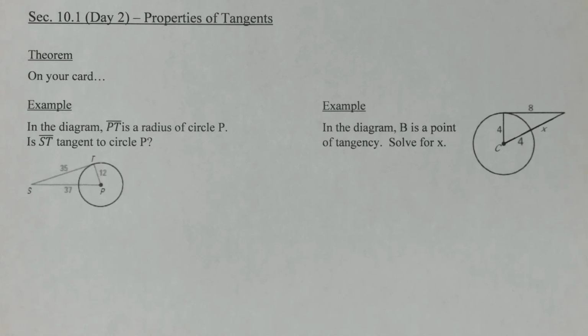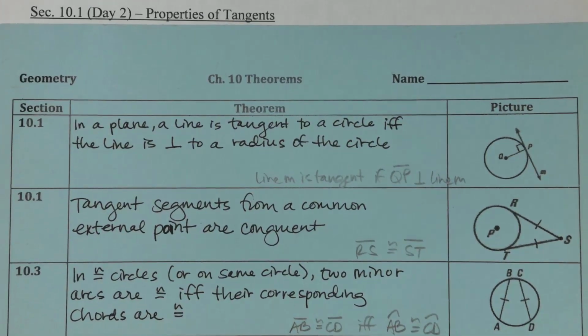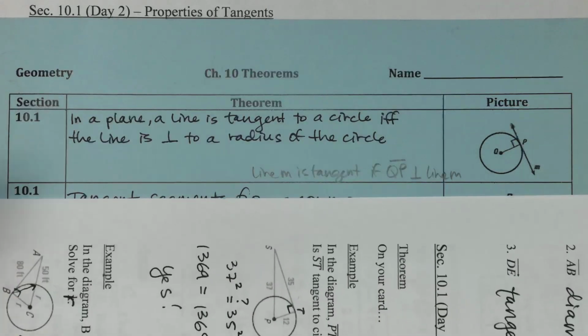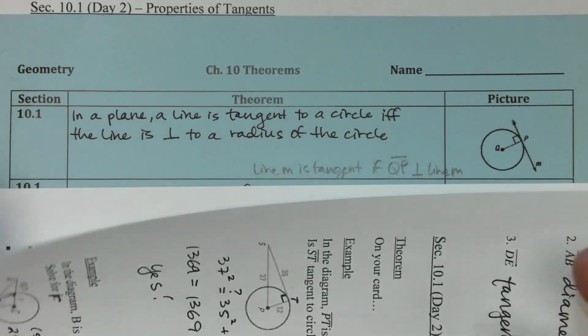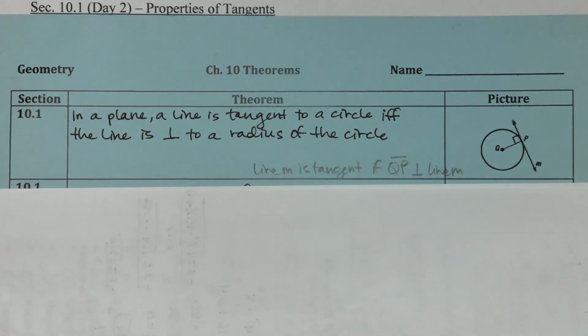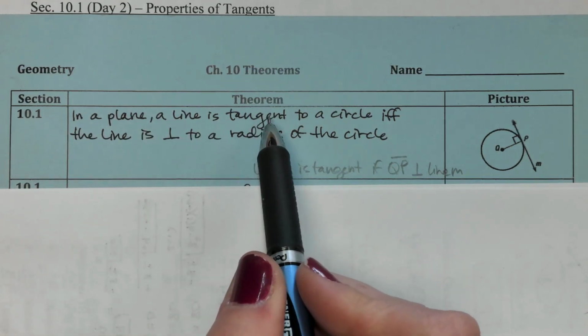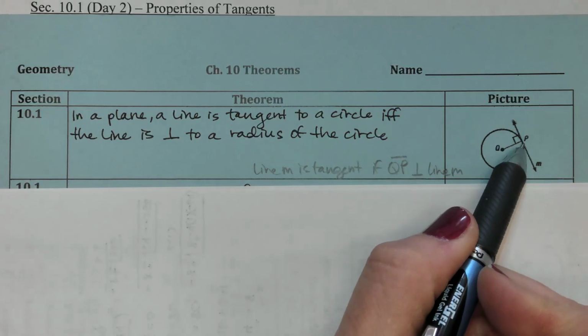All right, this is 10.1 day 2, and we're going to finish up our introduction to circles, those introductory vocab and theorems. So going back to our theorem card, I think these are just reversed on your card for this year. I swapped them around. But the one that looks like this, the picture that looks like that, sorry, let me make that blank. So this theorem says in a plane, a line is tangent to a circle, so it just touches it once,